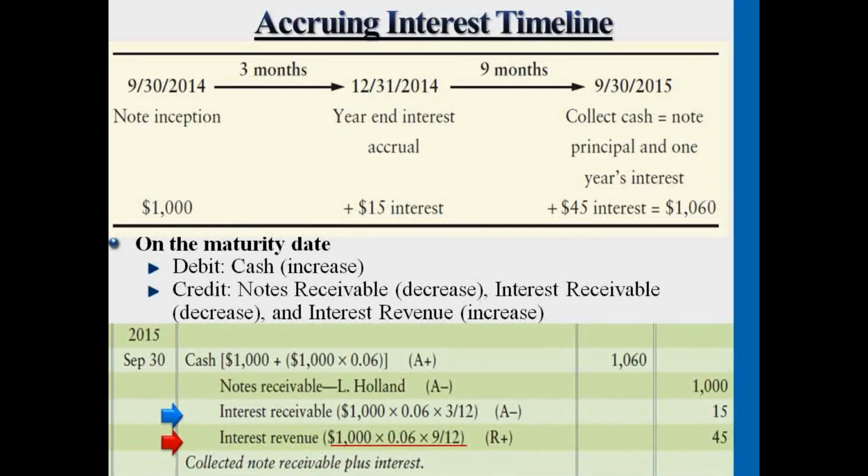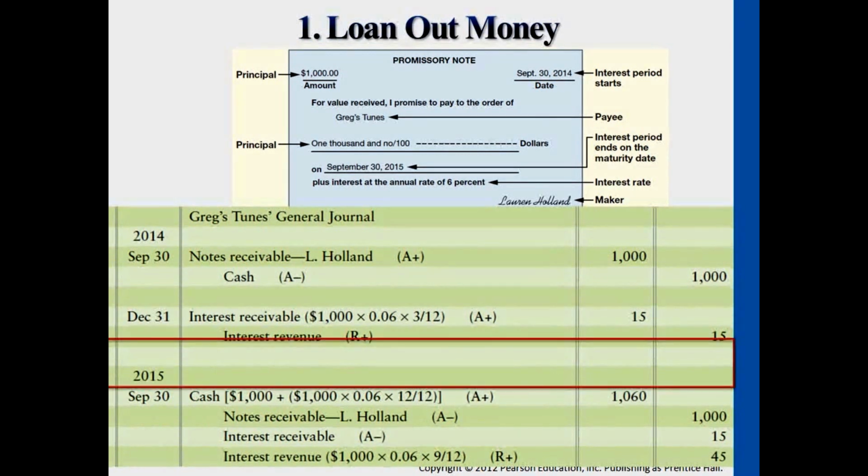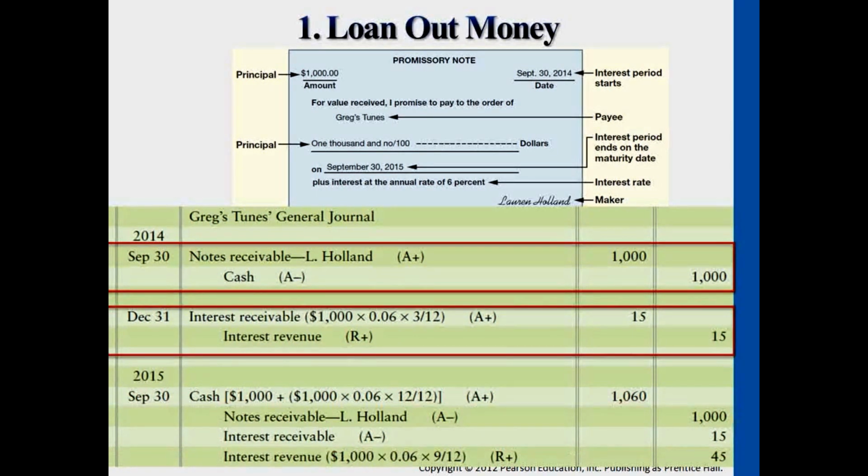Okay, let's take a look at all 3 entries together. So earlier we start off from the promissory notes, the same example. We created the notes by debiting notes receivables, crediting cash $1,000, September 30th. When it comes to year end, 3 months has passed by, we journalize, recognize interest receivable and revenue earned in